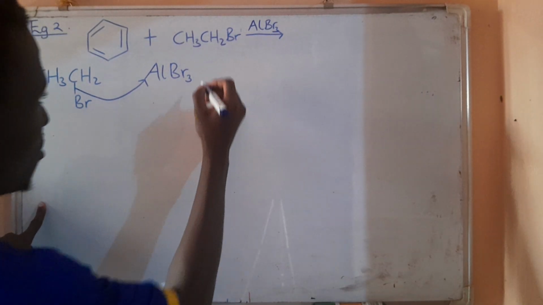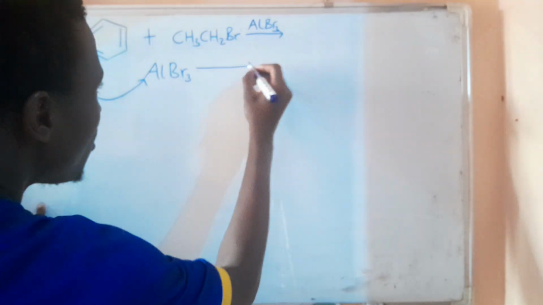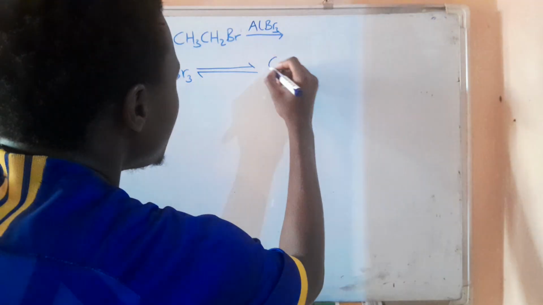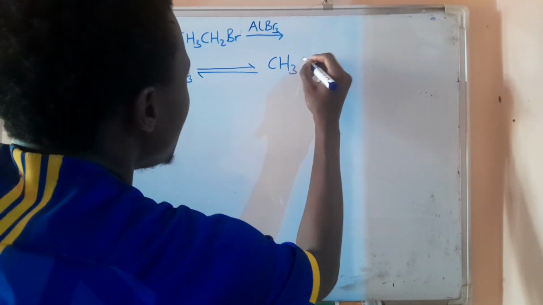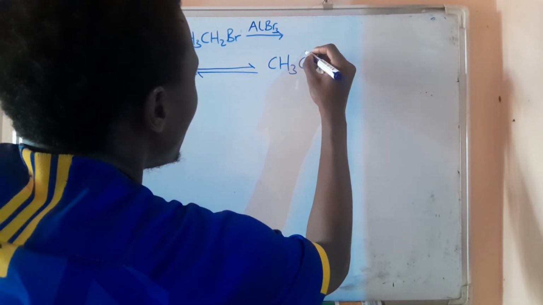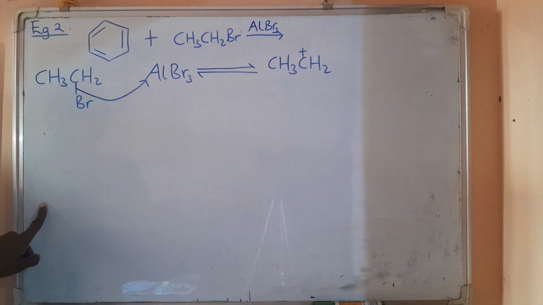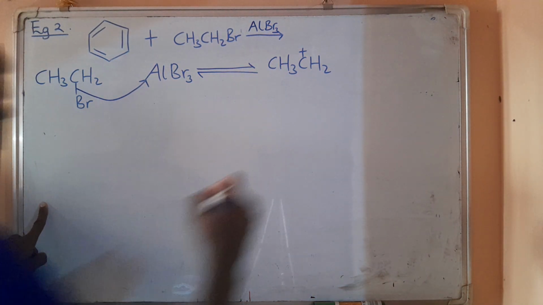Then what shall we form? We shall form the following. So as a result, we form CH3CH2 with a plus. This carbon has a plus because its electrons have been taken away. Then plus